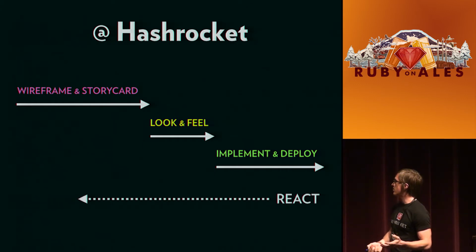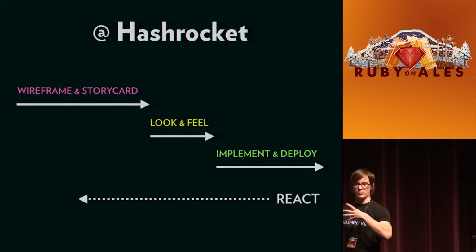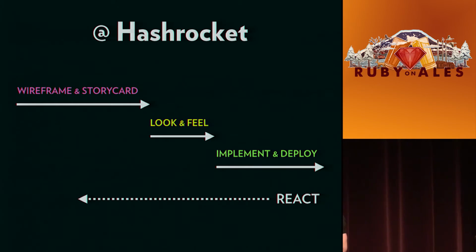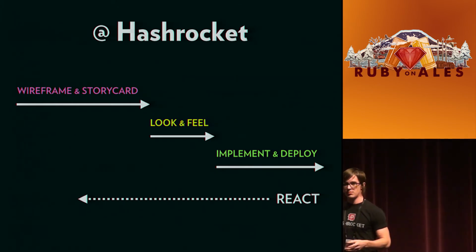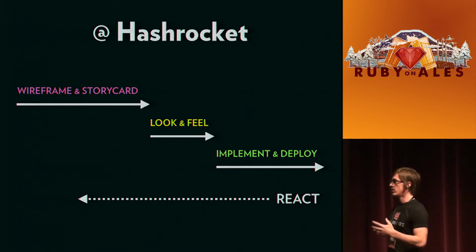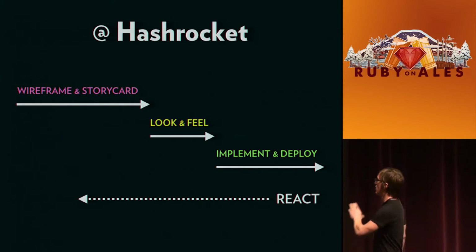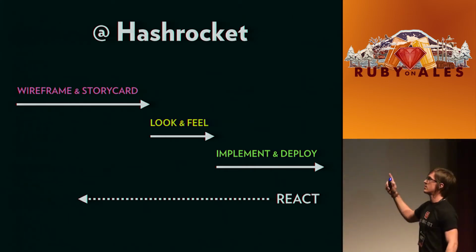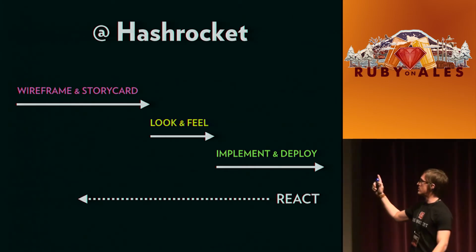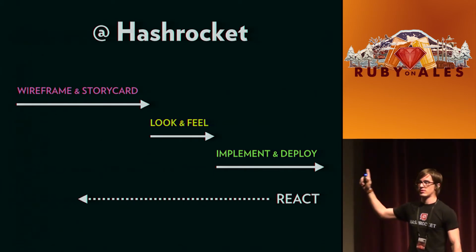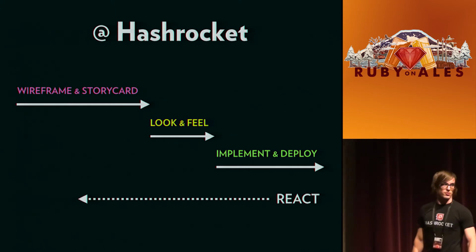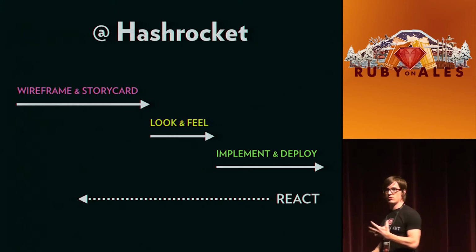And then I think of the cyclical process, the early deployment. For us, it's more of a reaction. It's how quickly and how smoothly can we get to the point where the client is approving real features. And then when requirements change or something needs to be fixed, we're going to react. And by react, I mean we're going to go as far back in this process as we need to. Like if it's something that can be fixed in the code base, let's do that. If it's something that has to go all the way back to rethinking look and feel, we'll do that. So that's a little bit about how we move from